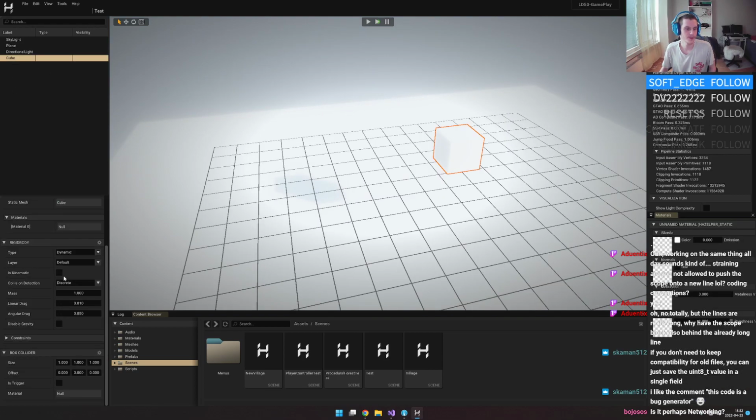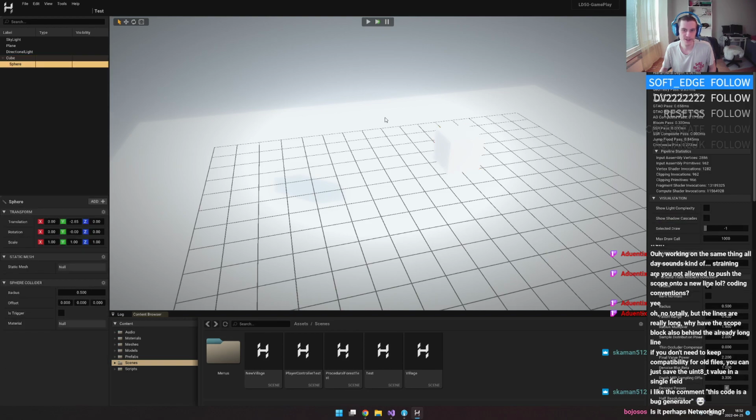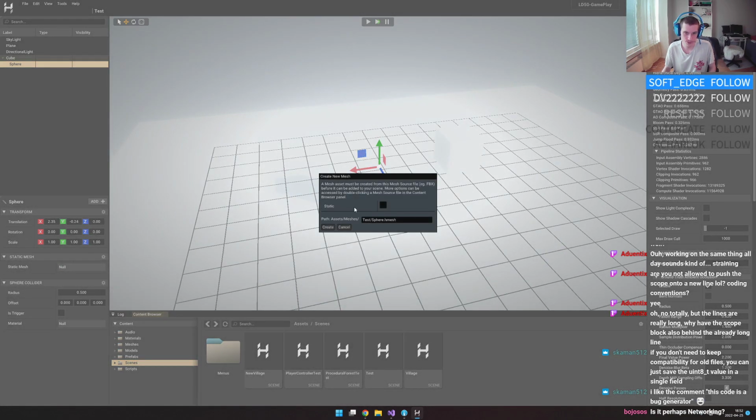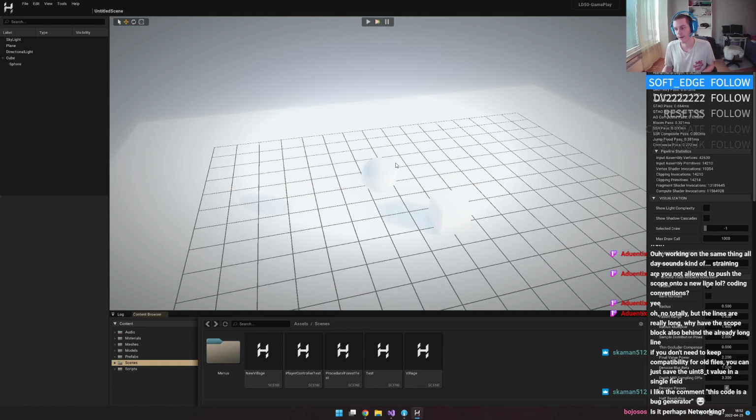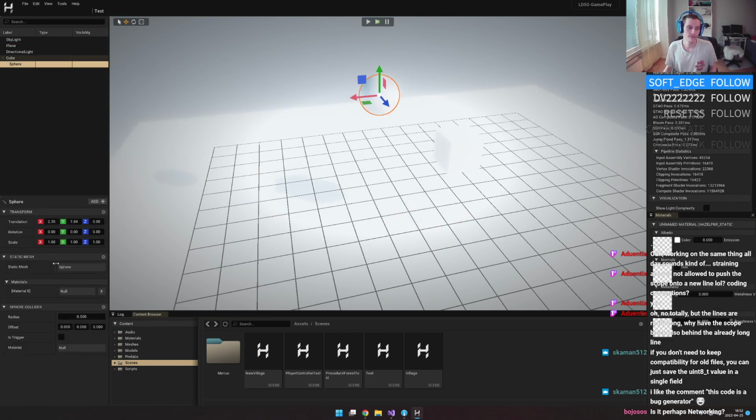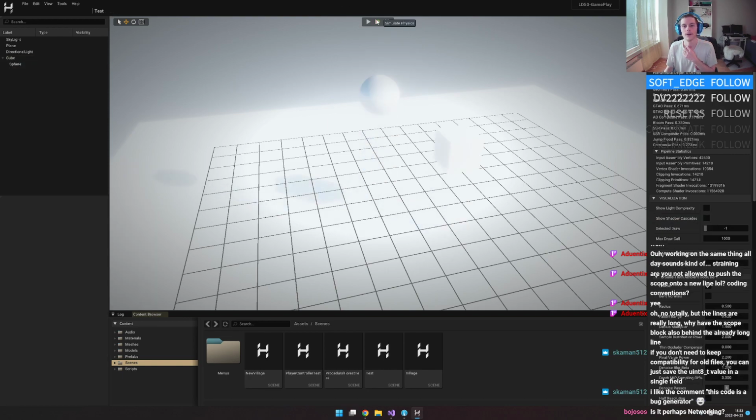So this cube has a rigid body. If I go and create a sphere, we have a sphere, we have a mesh source, let's give it a static. Right, if I do this, hit simulate, the sphere kind of becomes part of the parent's rigid body. If I were to give the sphere a rigid body, and right now it doesn't matter if it's static or not,